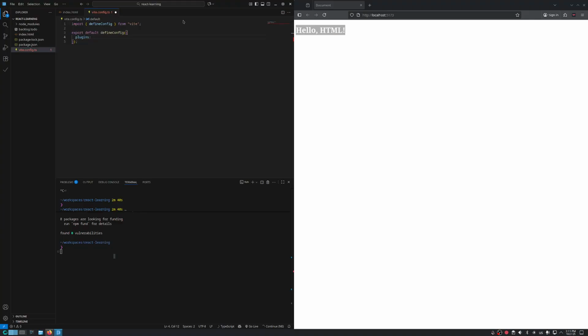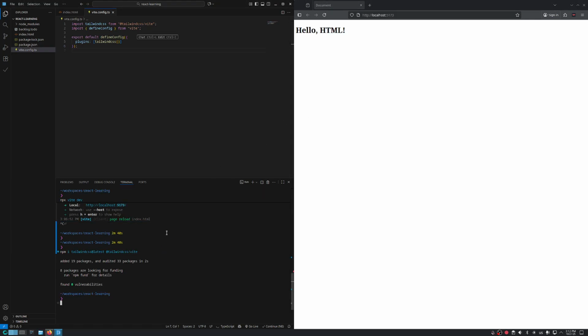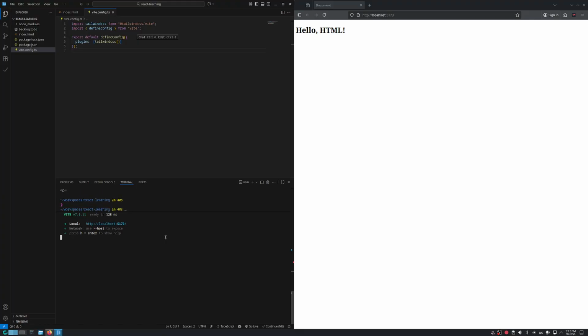As plugins, we'll use the Tailwind CSS plugin. So this is how we include the Tailwind CSS plugin in Vite. Now, while we have the plugin available, if we say npx vite dev,